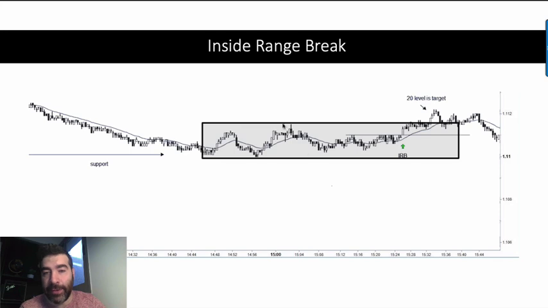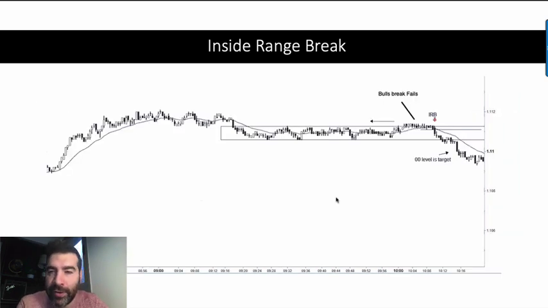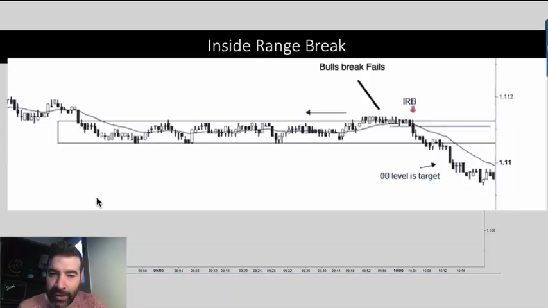But in the middle of the range, you have this W bottoming formation. And then look at all that, 1, 2, 3, 4, 5, 6, 7, a lot of different candles pushing against this block in the middle of the range. So again, he's waiting for the pressure, and then he's waiting for the EMA to push it out. Once it does, you're going long. Okay, that's the inside range break. But you see the support over here, and you see that there was a buildup in the middle of the range.